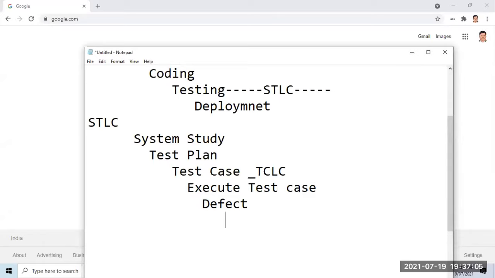After defect tracking, regression testing, retesting. Then test report, software report, or else a retrospect meeting, we do a postmortem. Am I right? Yes. Different types of testing are there.